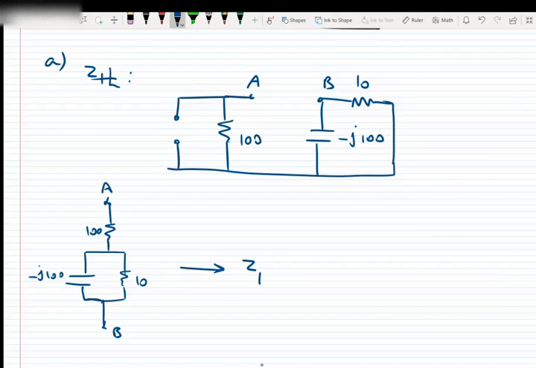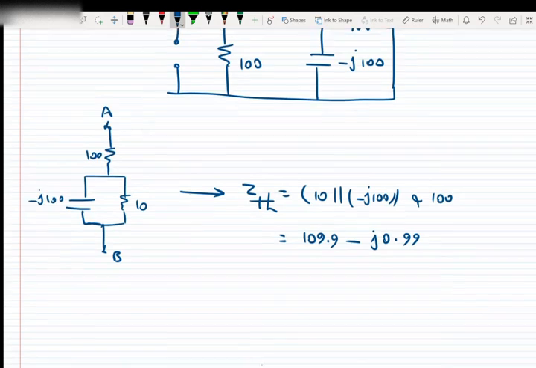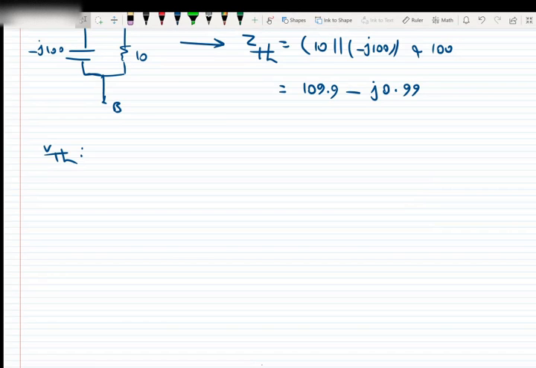So Z Thevenin is equal to 10 in parallel with negative J100, plus 100. If we calculate this value, it's equal to 100.99 minus J0.99. So this is the impedance of the Thevenin equivalent. For V Thevenin, we need to keep the voltage and current sources on and find